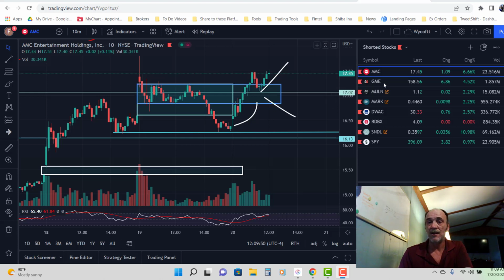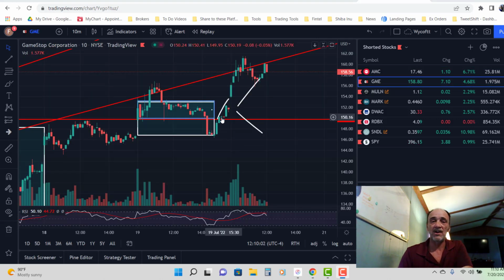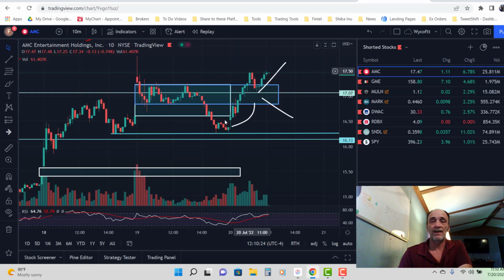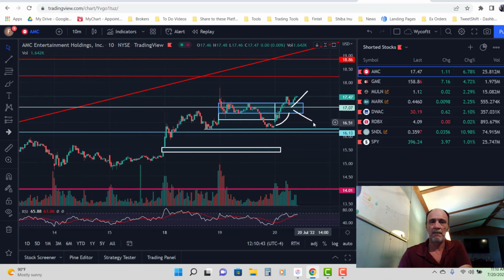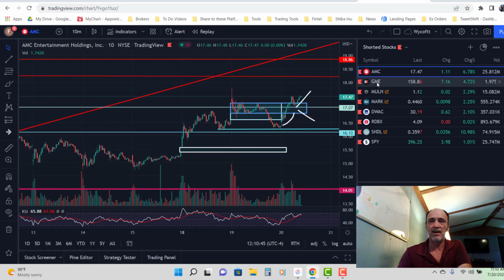Well, when it got here, GME decided that there's where it stalled out for just a minute while it was reading the other algorithms, and then it moved up. It gapped up this morning, which we see there. It could have went up or down. It went up. So with it going up, it's pulling AMC with it right there. So we had the same price action. I predicted that because I seen it play out on GameStop first, where it came down, touched the support line, and went back up. So we guessed it here.